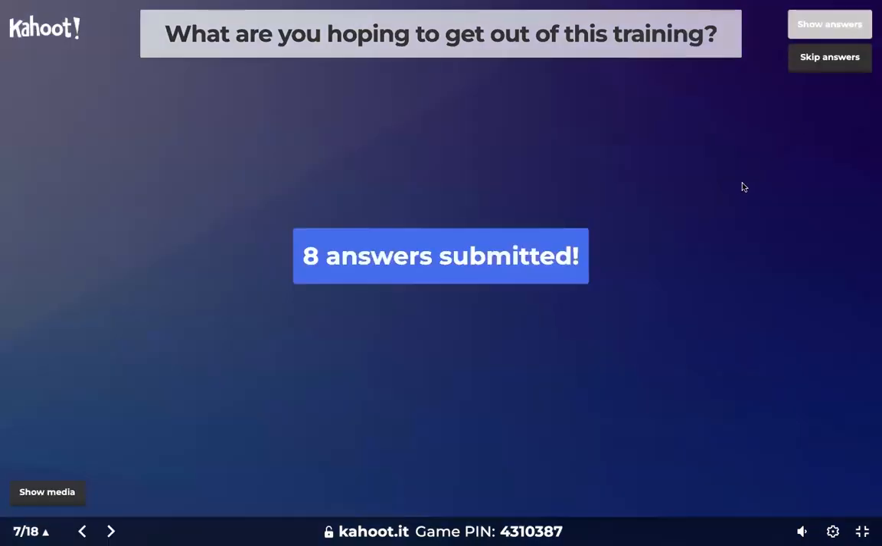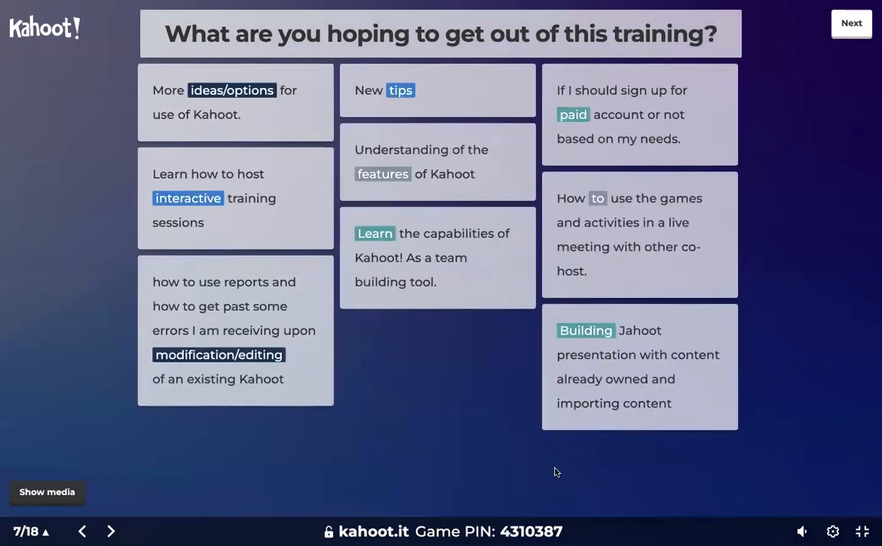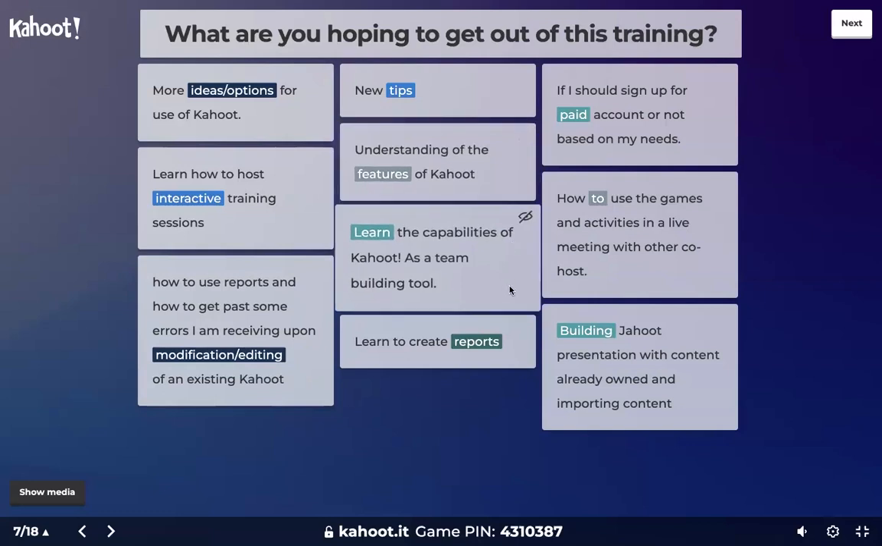I'm going to go ahead and skip the rest of the timer. If you're typing, you can continue typing. I'm just going to go ahead and start looking at some of these answers. So our audience is looking for new tips, more ideas, learning how to host interactive trainings, learning how to create reports, how to use reports, and how to get some past errors modified out of existing Kahoots, understanding newer features,